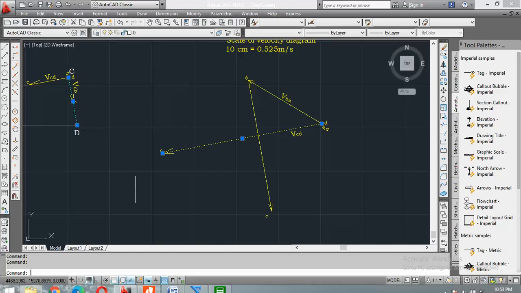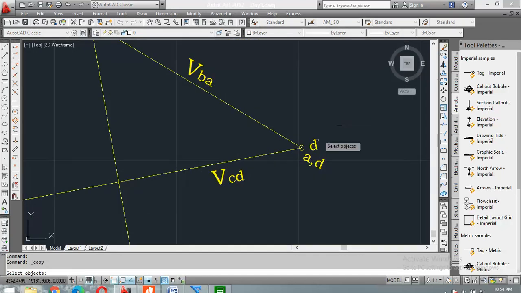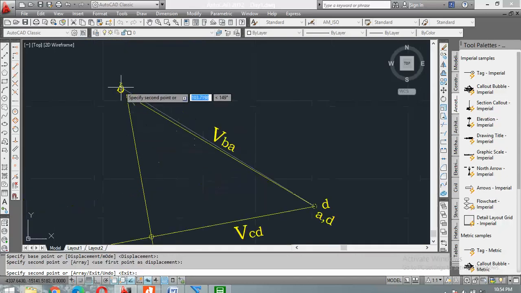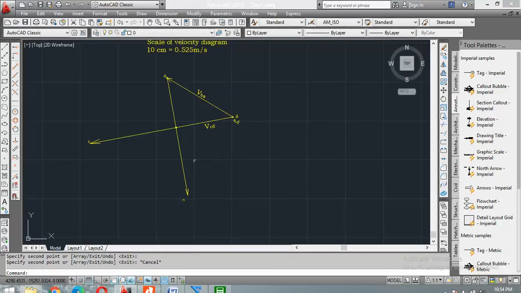So if conclusion number 1 says that C point should fall on this line, conclusion number 2 says that C point should fall on this line. So can you tell me where should I locate point C so that both constraints can be fulfilled? Obviously it should be on the intersection of these two lines. Where these two lines intersect, we will mark C, so it lies on this line as well as on this line. So let us mark point C on the intersection of these two lines.